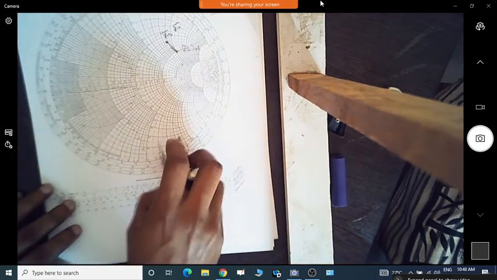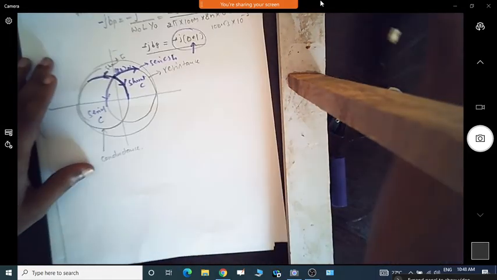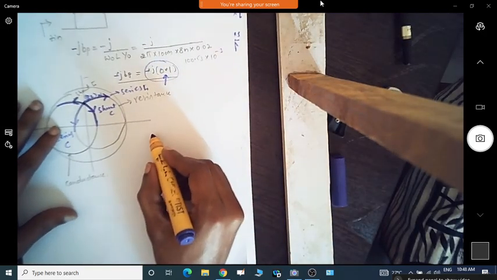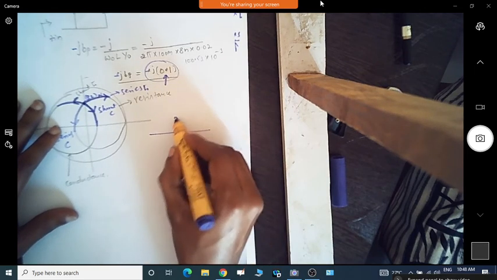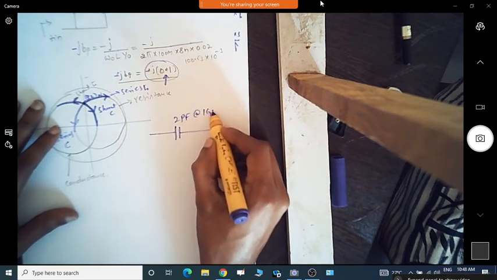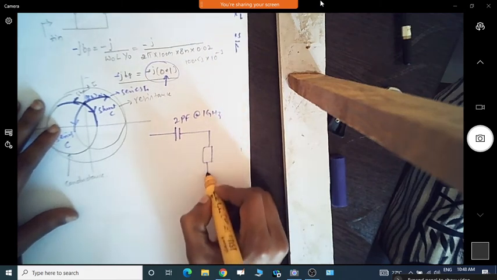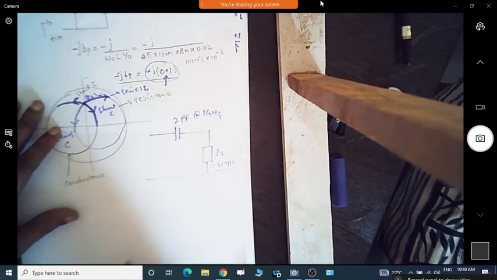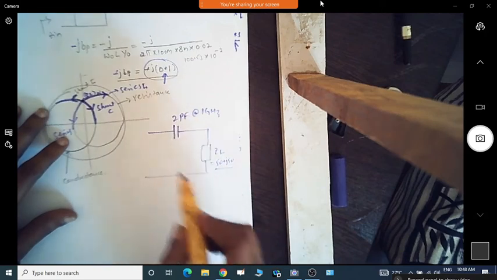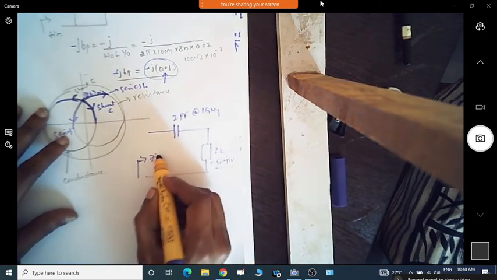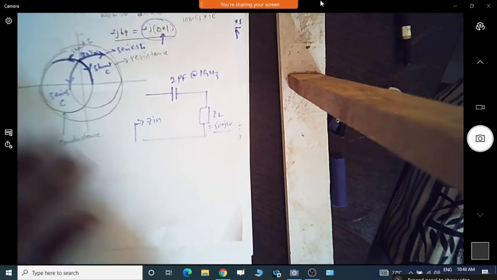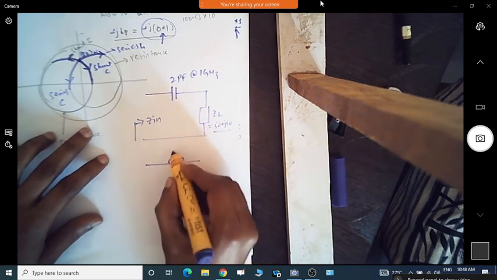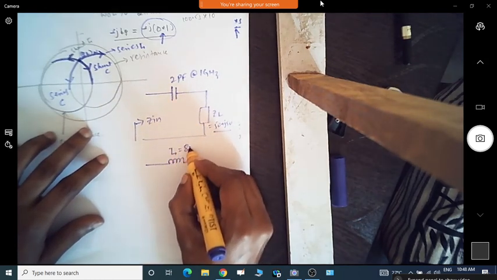So now similarly we can add different inductors or even different configurations. Let us take this and try to do it. Add the capacitance of 2 picofarad at 1 gigahertz to the load value of 50 plus j50. Try to do this one, add the capacitance in series and get the input impedance value. Also you can try out the inductor value. So take L equal to 8 nanohenry itself.